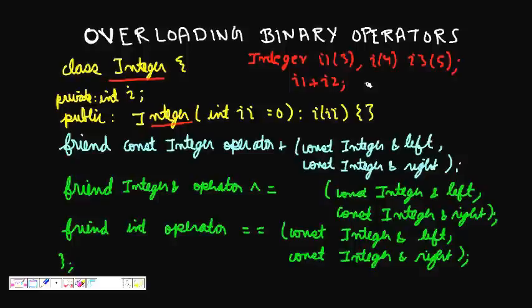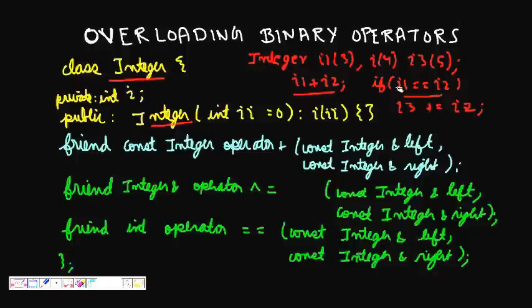I should be able to check if, let's say, I1 is equal to I2, or is I3 equal to I2. Something like this. So all operators should now be working for me. I1 plus I2 should be working. If I1 is equal to I2, this should be working for class objects. And I3 plus equal to I2, which means I3 is equal to I3 plus I2, should also be working.